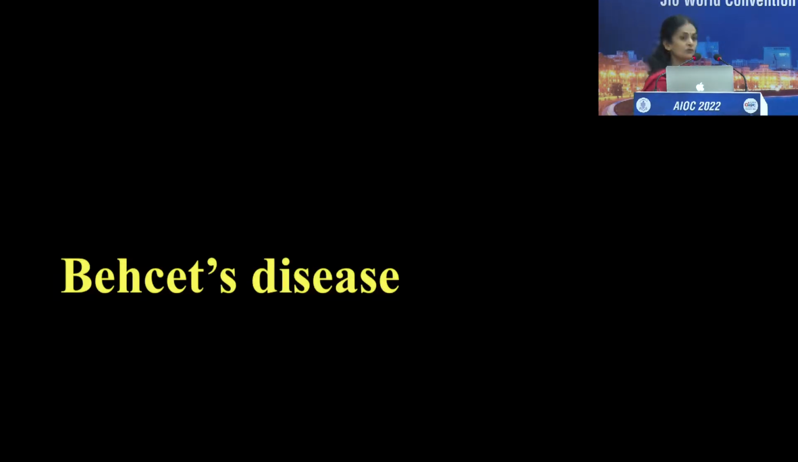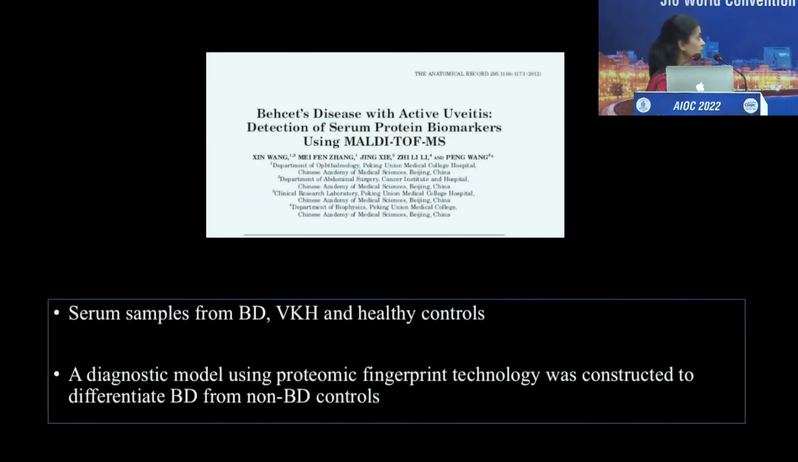So coming to them, one of the major autoimmune diseases where a significant amount of proteomics work has been done is Behçet's disease. This is one work where serum samples were collected from Behçet's disease patients, VKH patients, and healthy controls. Using the proteomic fingerprint technology, a diagnostic model was constructed to differentiate the Behçet's disease patients from the non-Behçet's